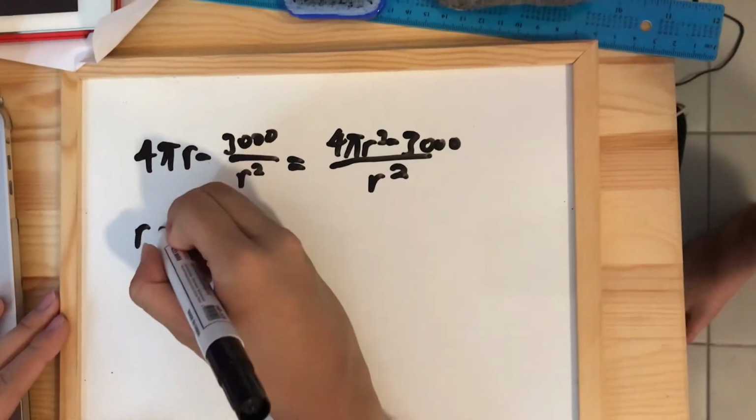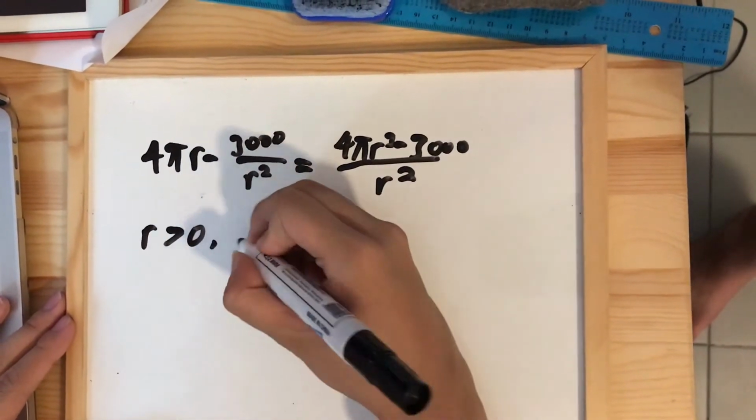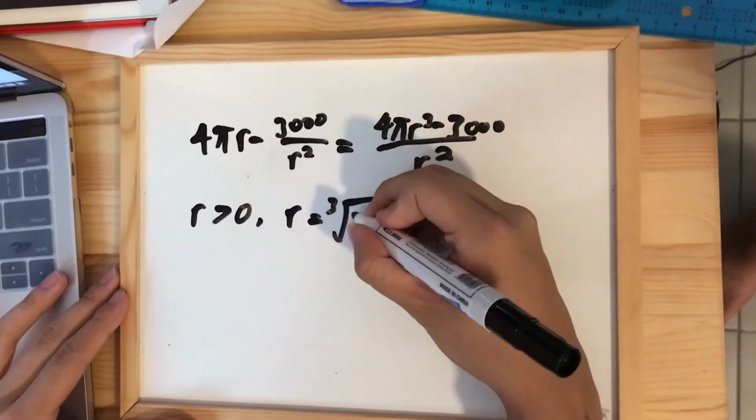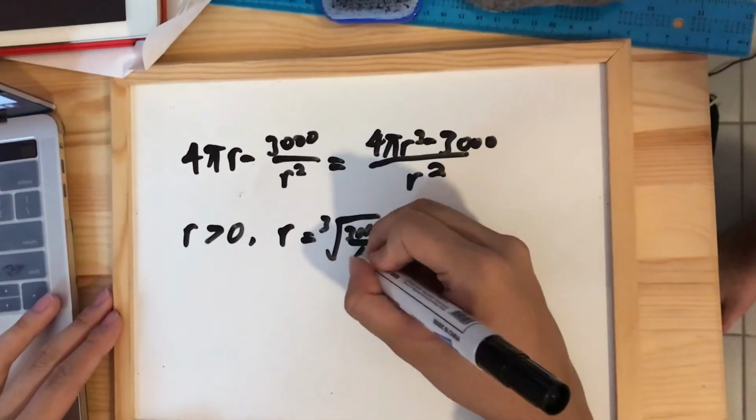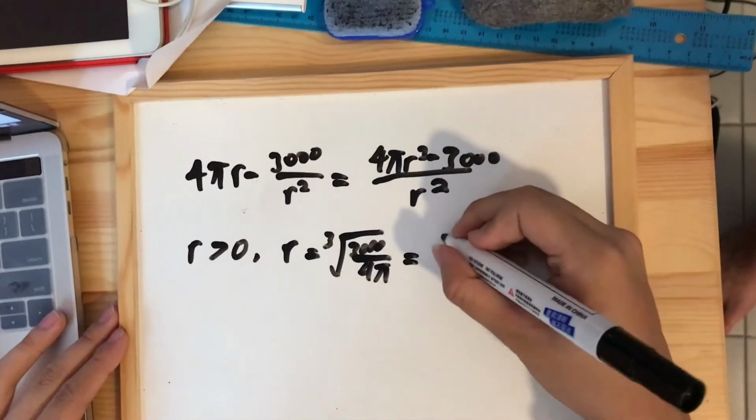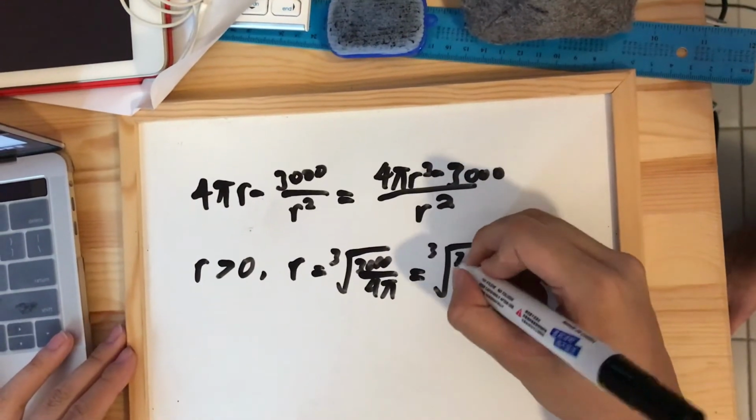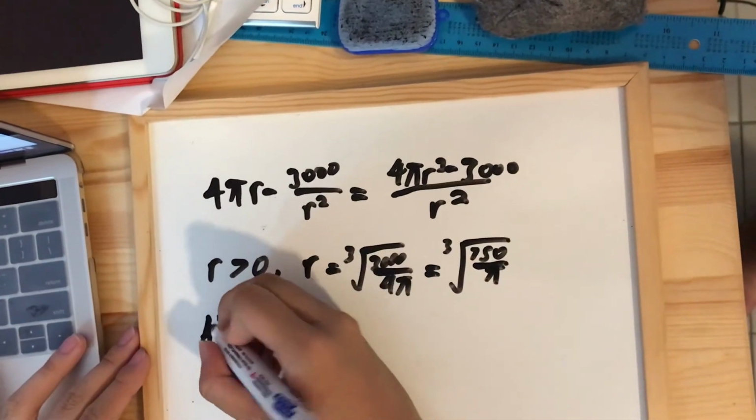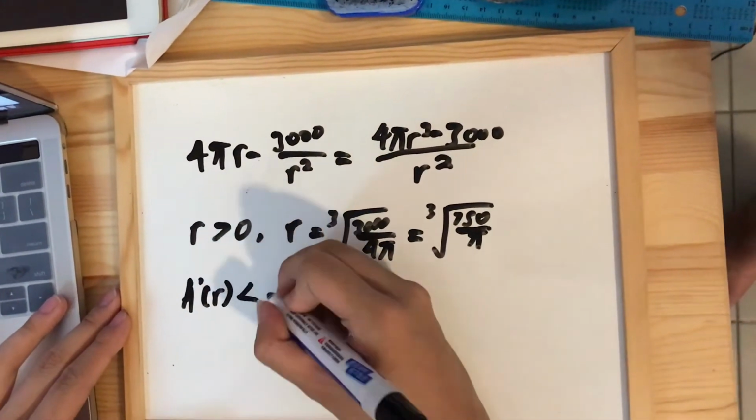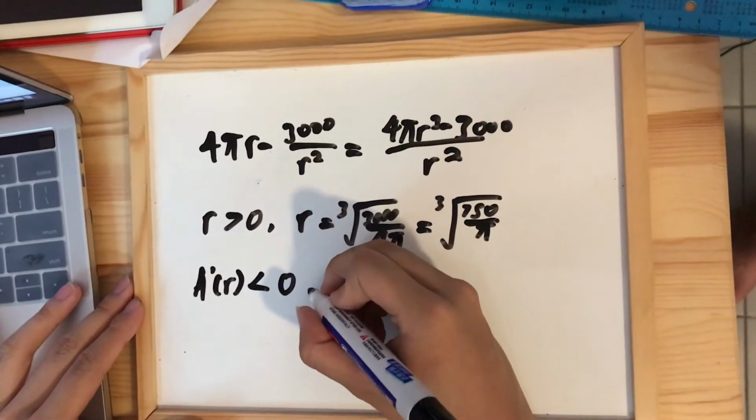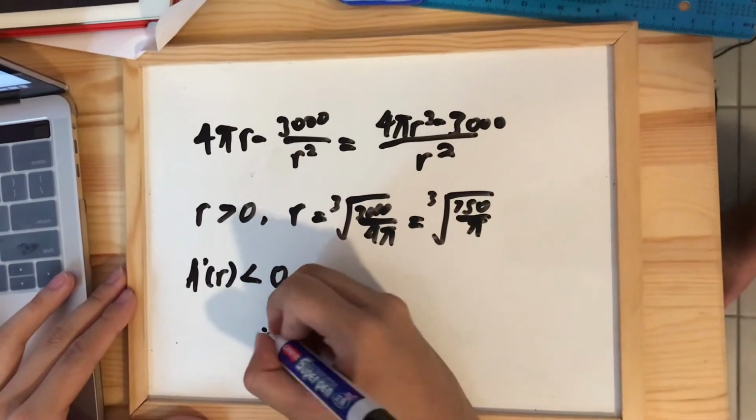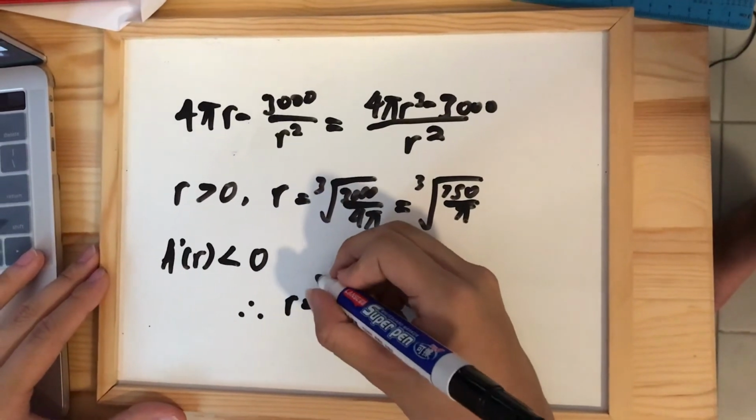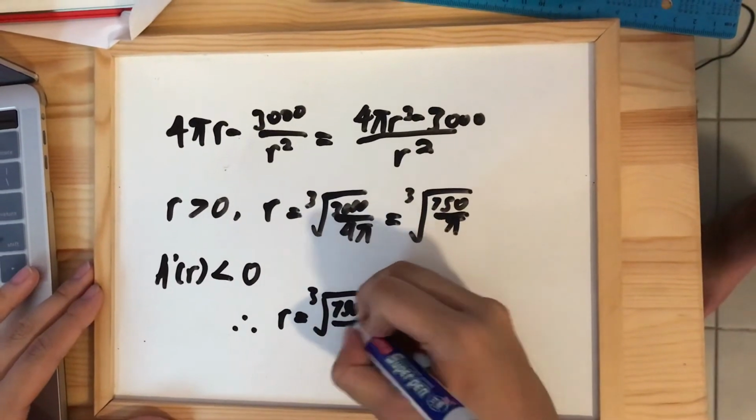And since r is more than 0, the only critical number is r equals the cube root of 3,000 over 4 pi, which can be further simplified into the cube root of 750 over pi by dividing everything by 4 within the cube root. And A of r, which is the function for the minimum area to be used to manufacture the cylinder, has to be more than 0. So we can just substitute the value of r equals the cube root of 750 over pi into that function A of r,